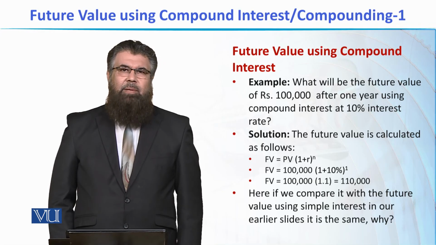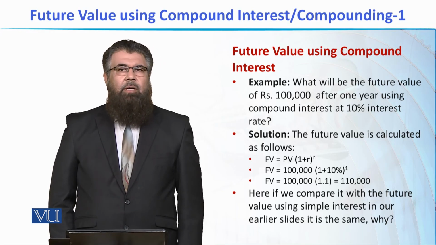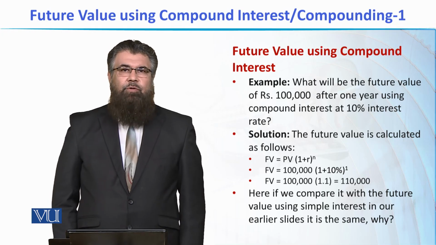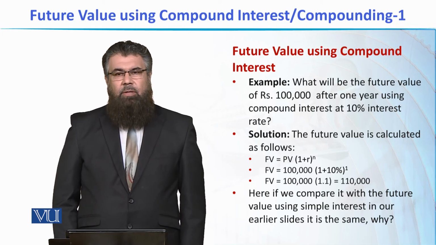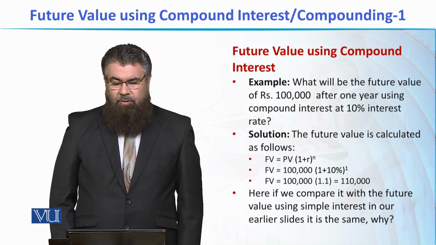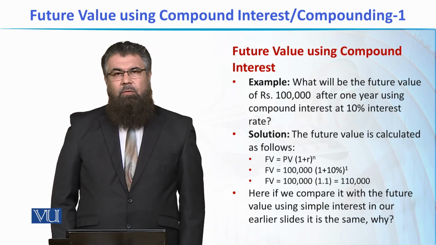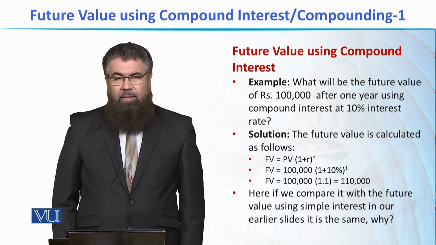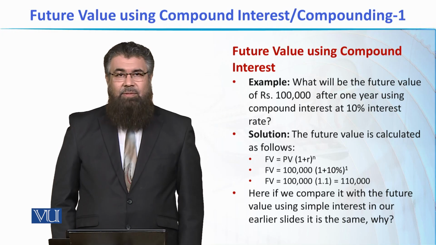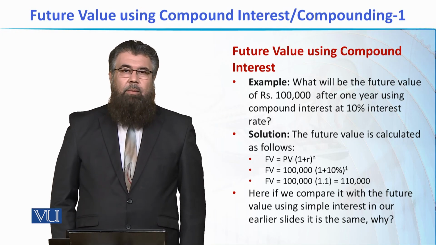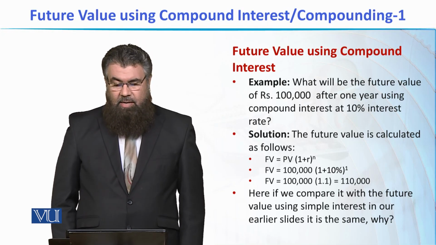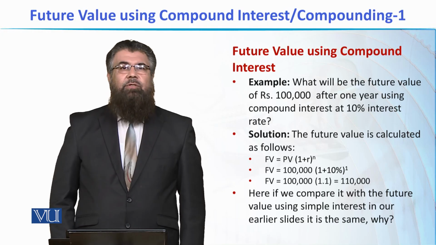And once we multiply this factor with the present value, in one go we get the future value using the compound interest. If we have a look at the solution, we see that 100,000 rupees are multiplied by this compounding factor, that is 1 plus 10% raised to the power 1. Because r is the rate of interest, in this case it is 10%, and the time or the compounding period is 1, which is 1 year. And as a result, we get an answer equal to